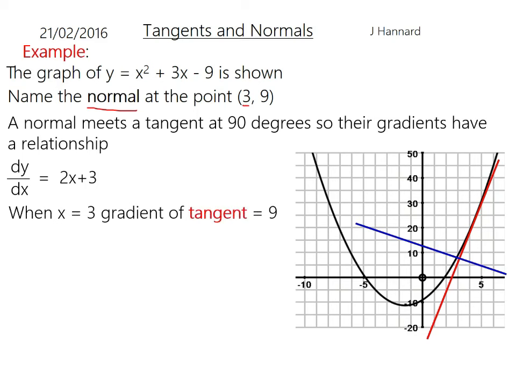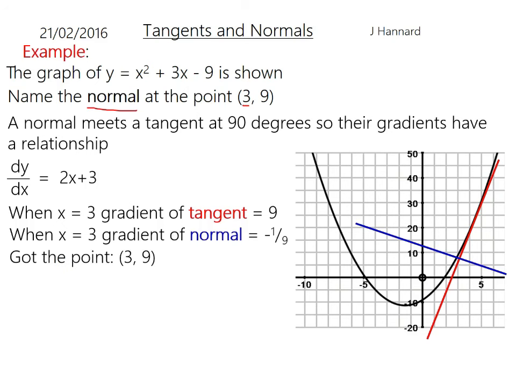But that's the gradient of the tangent. But remember, we want the normal, so it is the negative reciprocal that you do. So it's going to be negative a ninth, because perpendicular gradients are negative reciprocals of each other. So we roll it over and sign change. That's what we do. So we've got the point, we've got the gradient now,